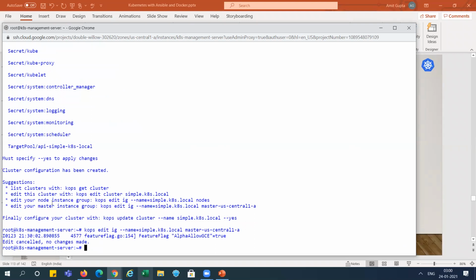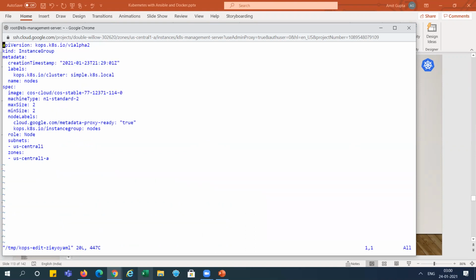Similarly, we can go and check the details for the node instance also, right? How many instances you want to create. See, instance type here is N1 standard 2, maximum 2, minimum 2.